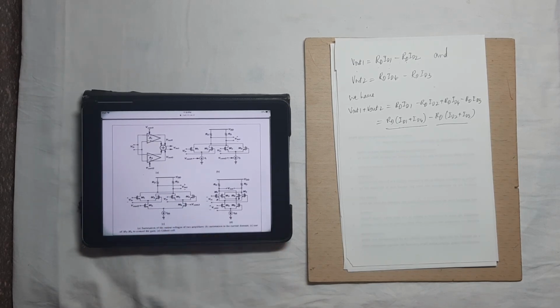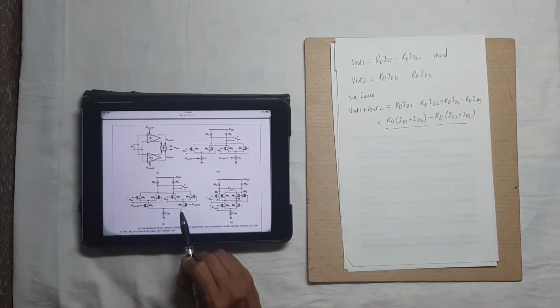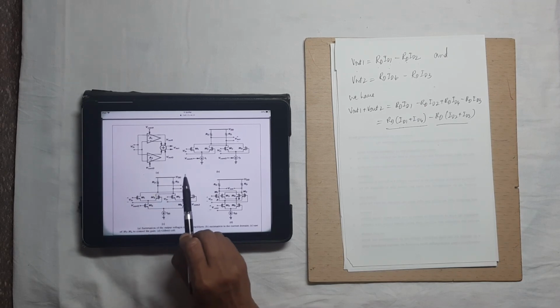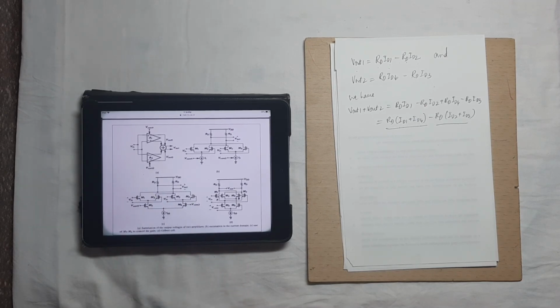We want these two currents to vary in the opposite direction. If you want that, how to implement it at the circuit level, we have to think about the circuit, and we find that a differential pair provides such a characteristic. Therefore, we have added M5 and M6. This is a differential pair and we have a single current ISS. So this circuit is nothing but the use of M5 and M6 to control the gain.